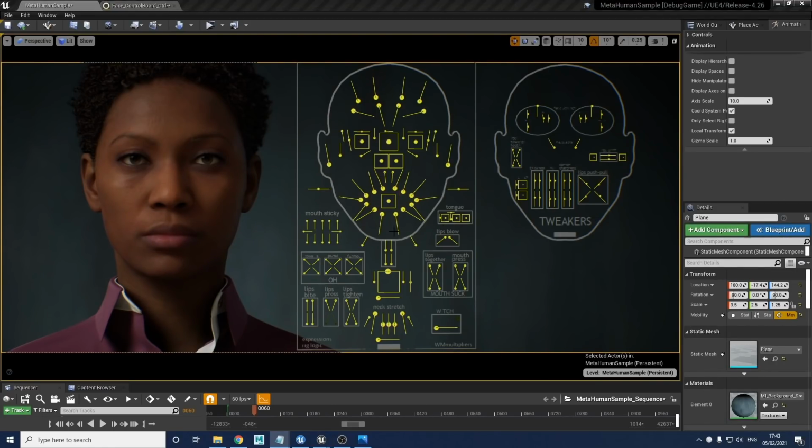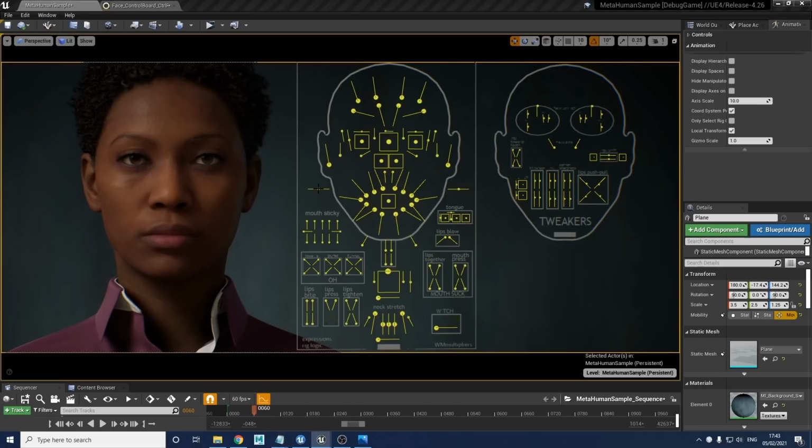Okay. And now I'm going to go into the cheeks area. So we've done the mouth. That's the majority of the major mouth controls on this board. I will be getting to the tweaker board later because they're more bespoke controls for that fine finesse detail. These are the major controls over here.